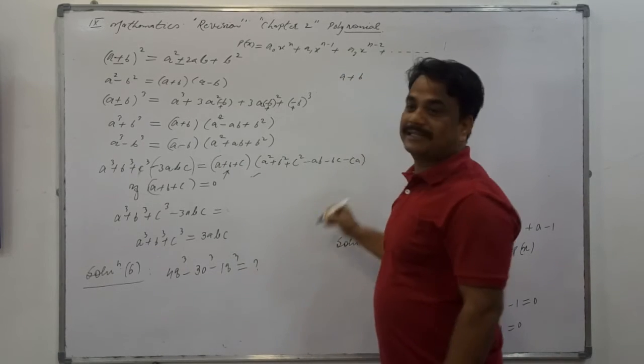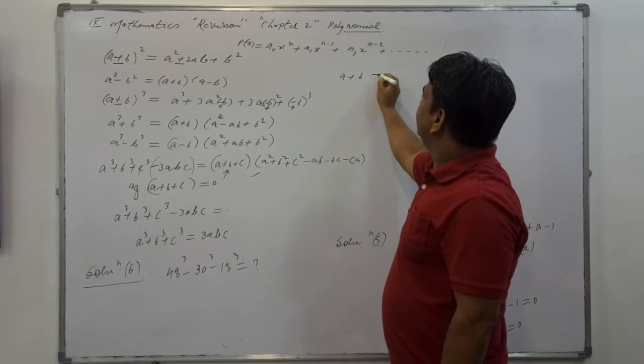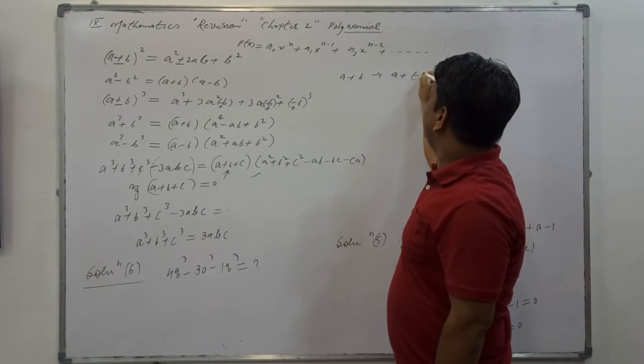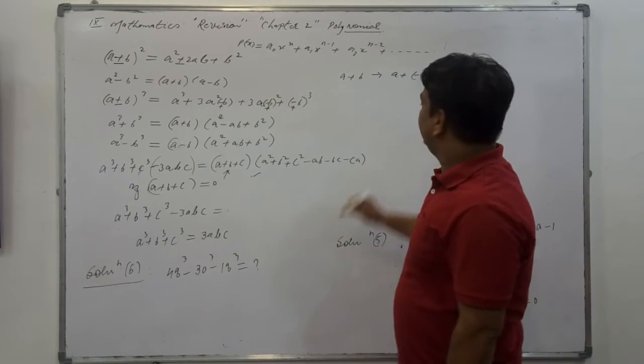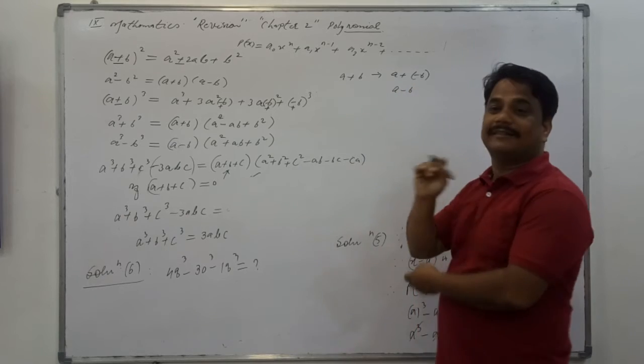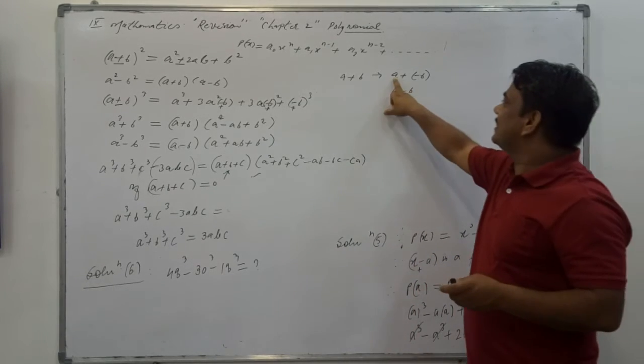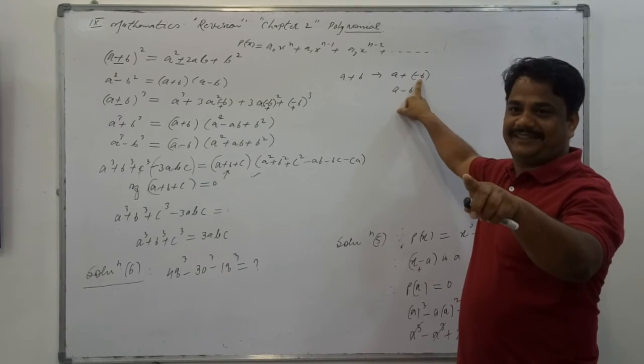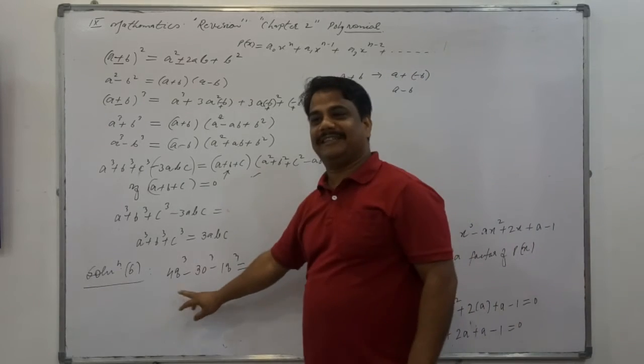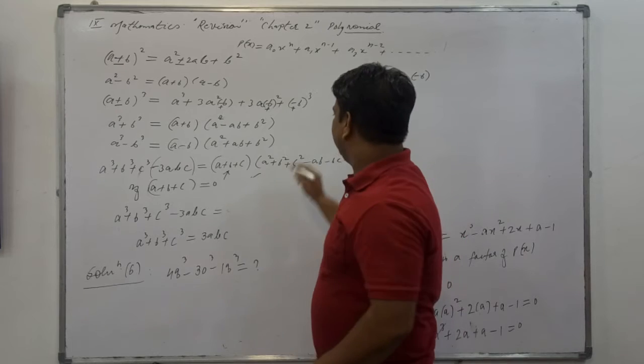We just write here a plus b. If I add minus of b, we'll write down here a minus b. Right or not? It is actually addition. We can say it is the sum of a and minus of b. So similarly this expression is also a sum. So sum means what?